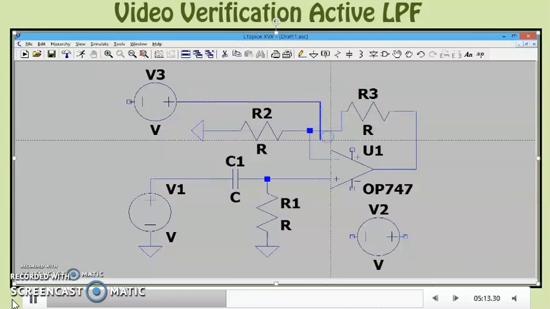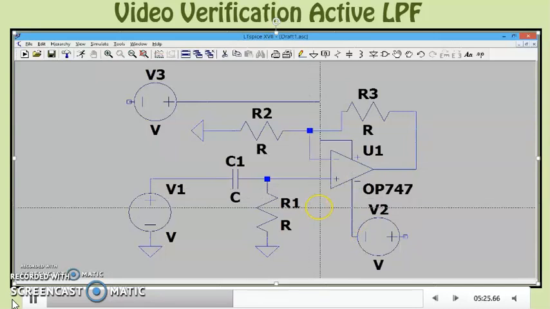So this is how it is connected, plus VCC. These are the DC values of voltages. This is how we connect minus VCC. Now the other two ends of plus VCC and minus VCC, we need to ground them. So this is how we ground them.